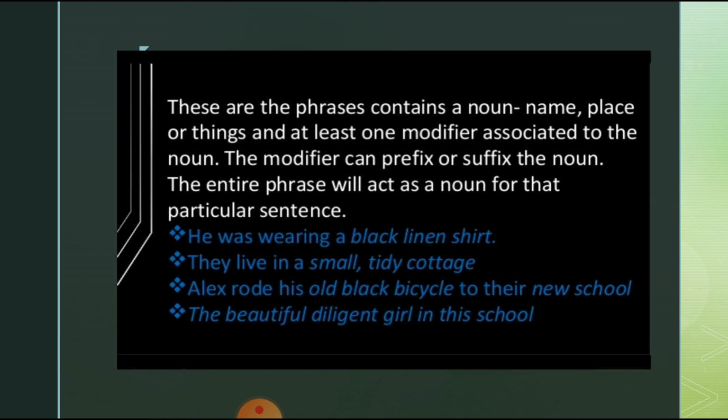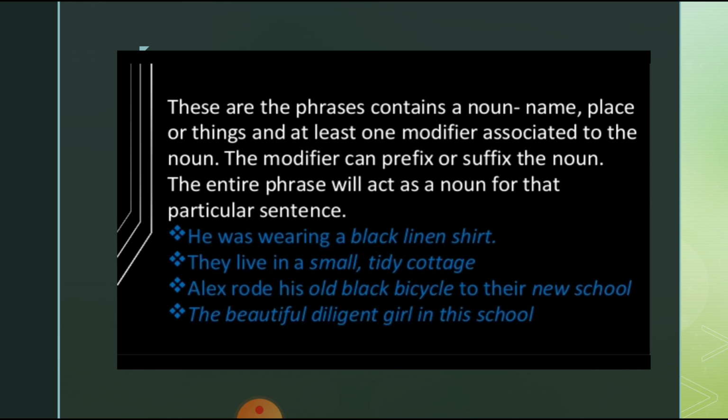All these sentences are noun phrases. He was wearing a black linen shirt. They live in a small, tidy cottage. Alex rode his old black bicycle to their new school. The beautiful, diligent girl in this school. See, all these are noun